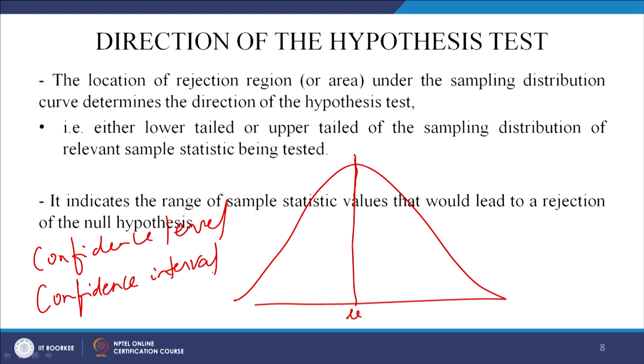Now, what does it mean? And what is this confidence interval? It is the range. Let us say the range is up to this much. So, I am saying that my confidence interval means the range into which the true population parameter will fall. Now, what are the true population parameters? Population parameters are, for example, the mean, the standard deviation, the variance. You can have the proportion. So, these are all the parameters that you are trying to check.